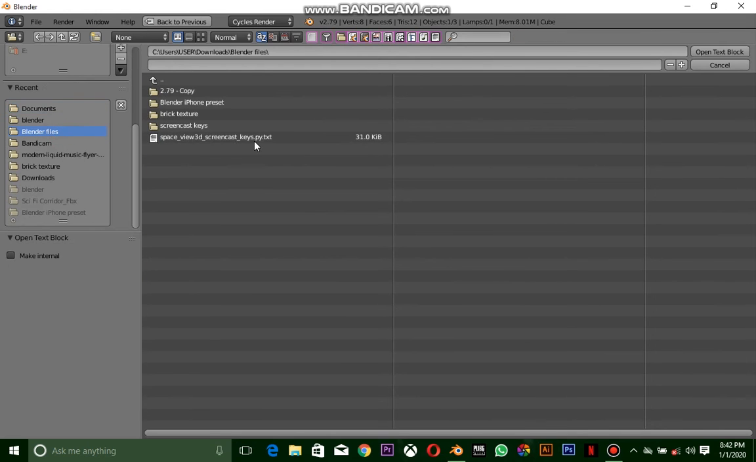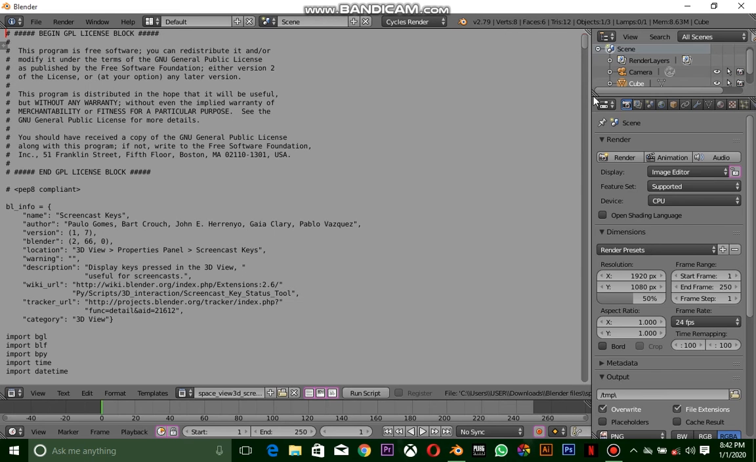Okay, here is mine, space view 3D screencast keys py txt. Then you click on it, then you press open text block. When you press it, this is what it's going to show you. Then after that, come right here, press run script. Once you have tapped the run script, go back to 3D view,